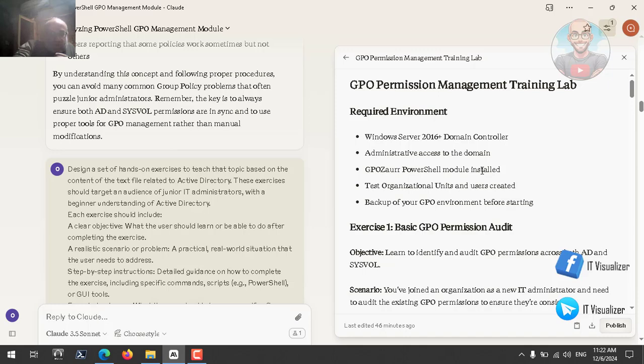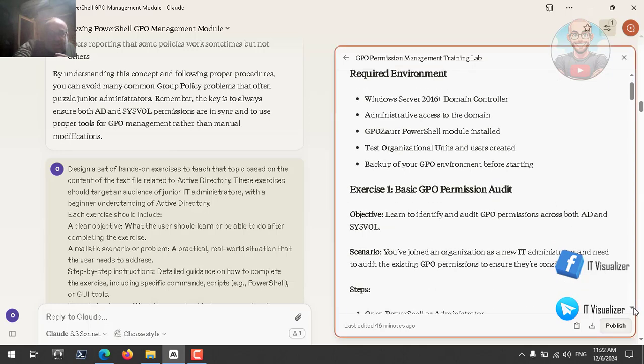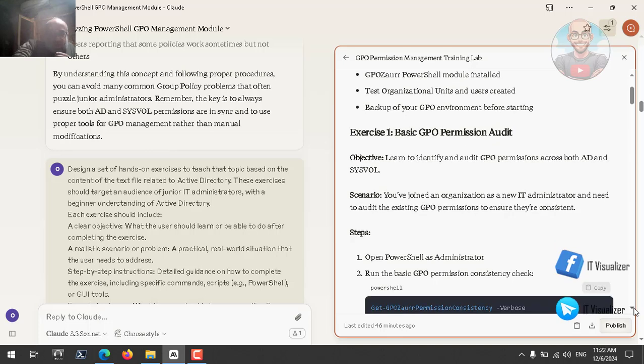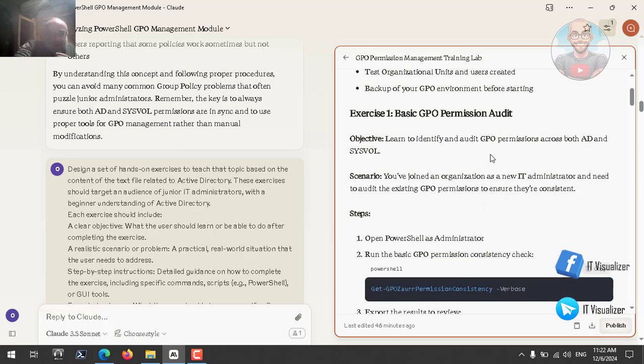PowerShell module installed, test organization units and users created, backup of your GPO environment before starting, basic GPO permissions. Learn how to identify and audit GPO permissions across both AD and SysVol folder. Scenario: you have joined an organization as a new IT administrator and you need to audit the existing GPO permissions